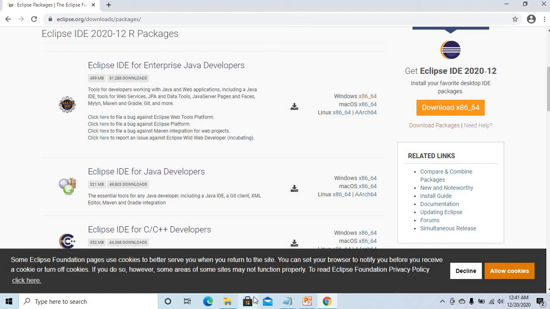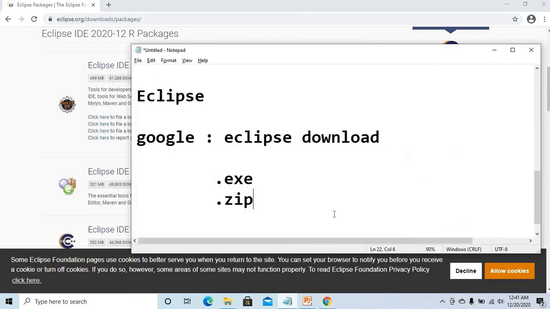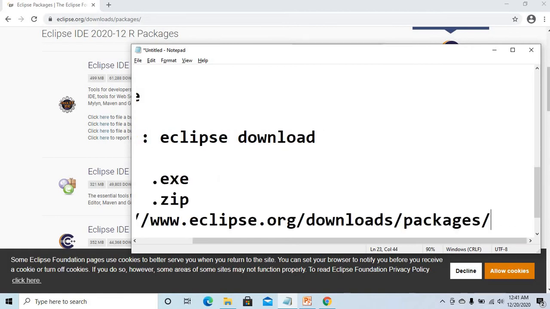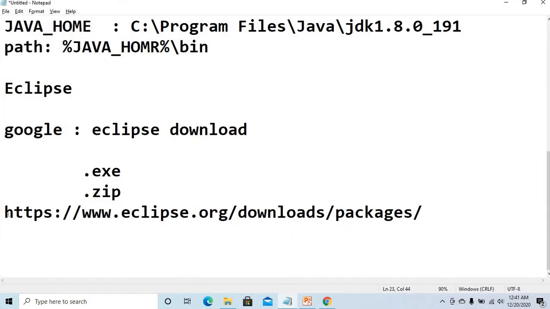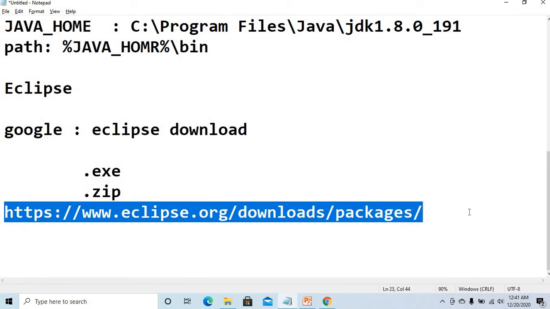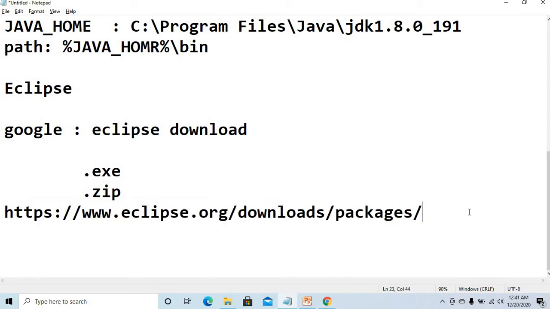So these are zip. This is the location, and this location will contain zip files. Got my point? Most of the people will use zip. Of course, I have been using only zip for a very long time. I prefer zip. So what we do here is simply extract the zip. Extract, and you will see the Eclipse folder.